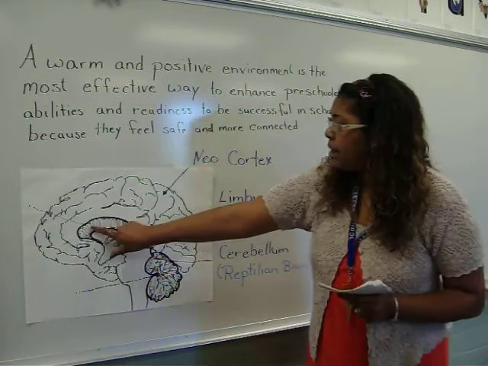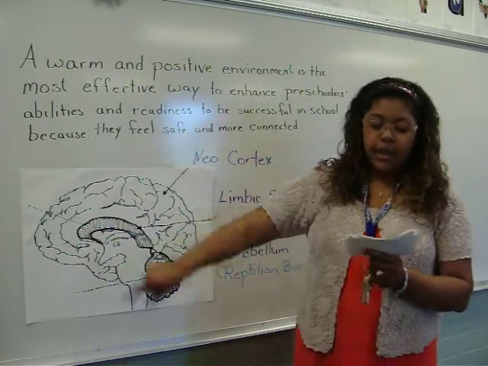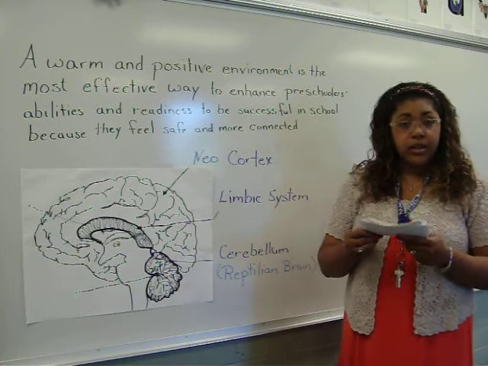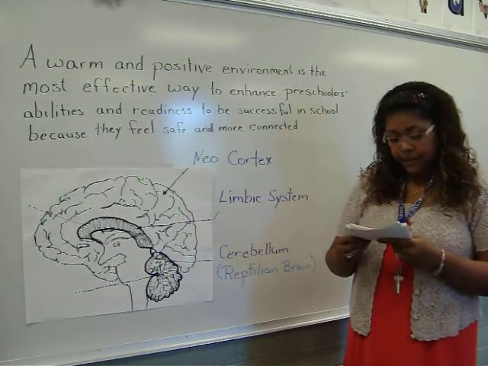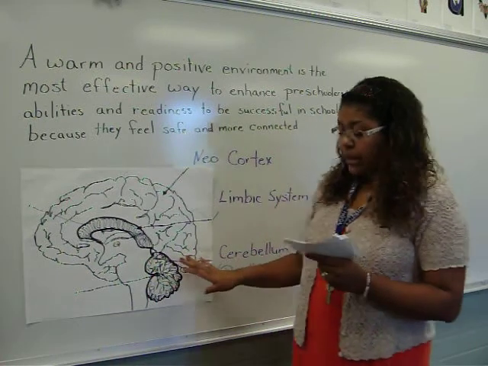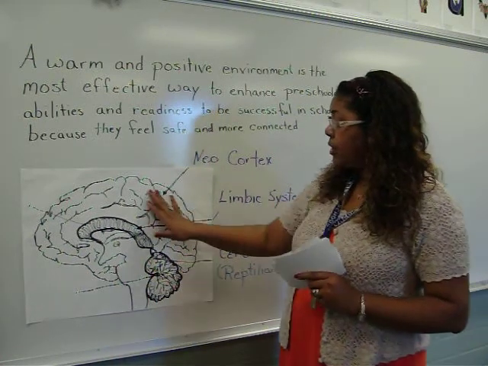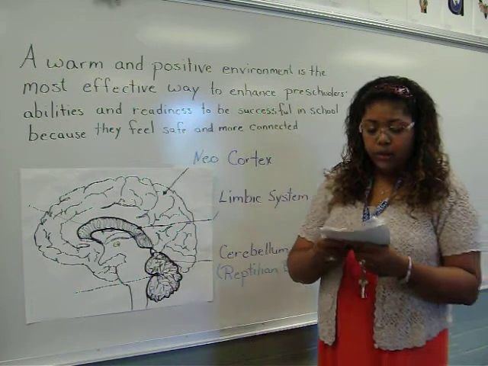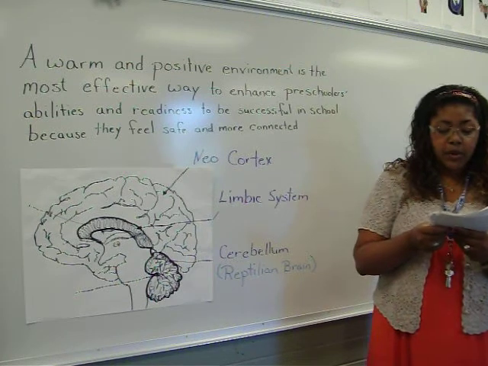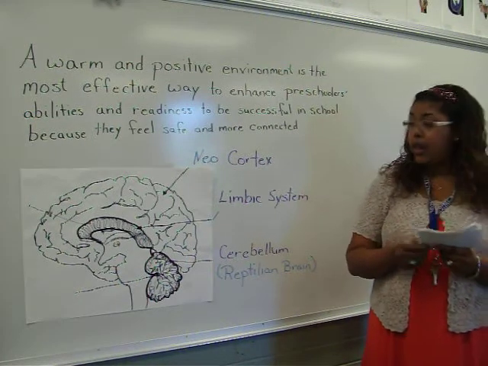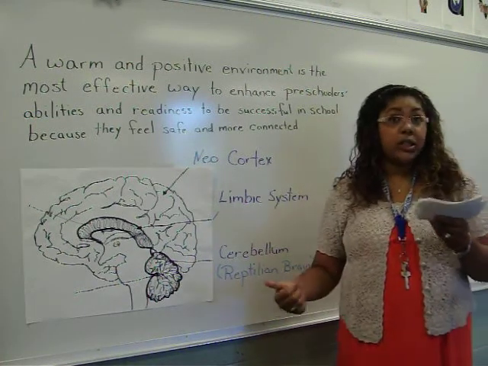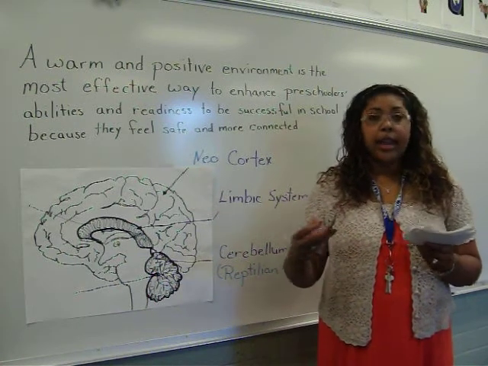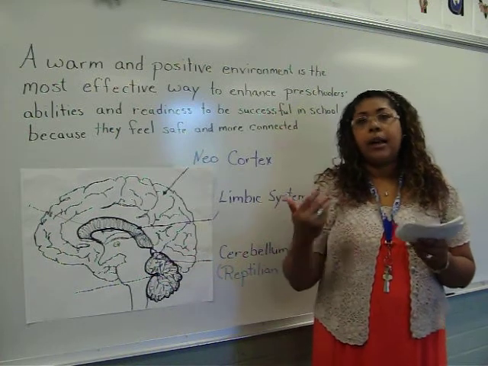The limbic system, this one in the middle, is the second brain, and it is the root of emotions, motivations, and feelings. Finally, the third brain is the neocortex, which makes up about 80% of our brain. And it is the most advanced part of the brain. The neocortex governs our ability to speak, think, problem solve, be self-aware, and also affects our ability to learn.